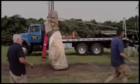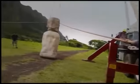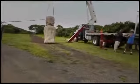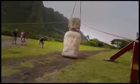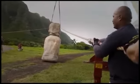You guys exhausted? Okay. The teams continue to move farther and farther apart, simultaneously pulling and trying to twist the statue. But it's just not working. We're going to want the ropes lower on the shoulders, because we have no leverage up there. But it looks like it's not so hard to hold it back right now. So if it's around the neck, shoulder area, you can hold it back and probably...